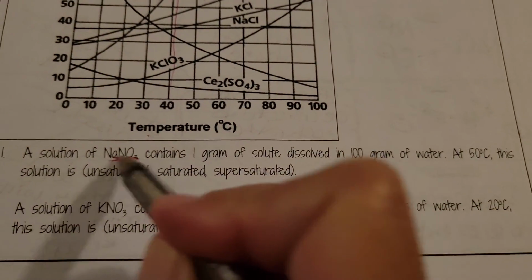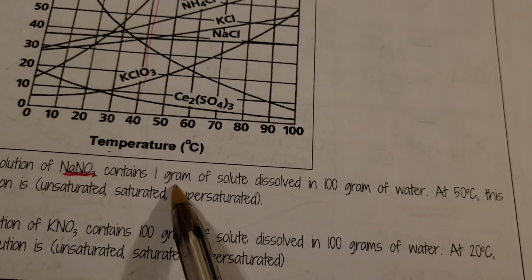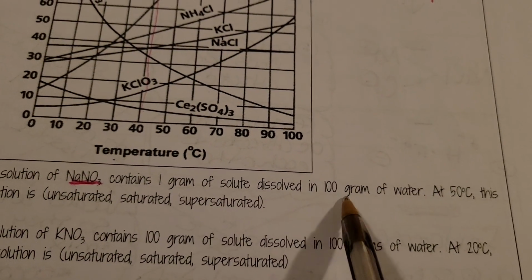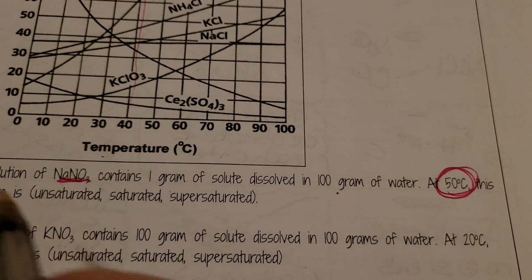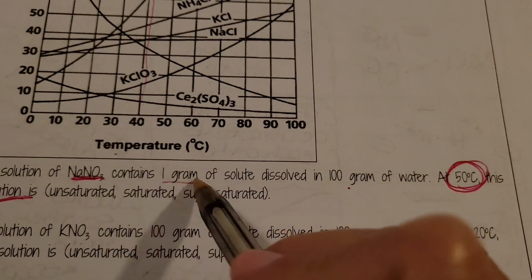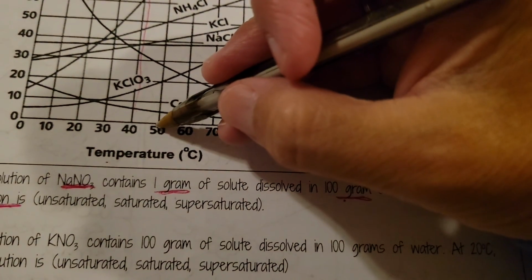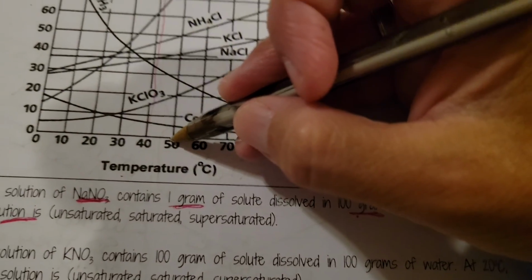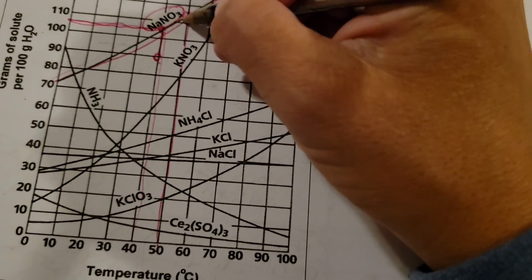All right, so let's look at a sample question. A solution of NaNO3, so that means we're talking about this line here, contains 1 gram of solute dissolved in 100 grams of water. At 50 degrees, this solution is... so we've got 1 gram in 100 grams of water. All right, so 50 degrees, if I go all the way up to NaNO3, I can actually dissolve 150